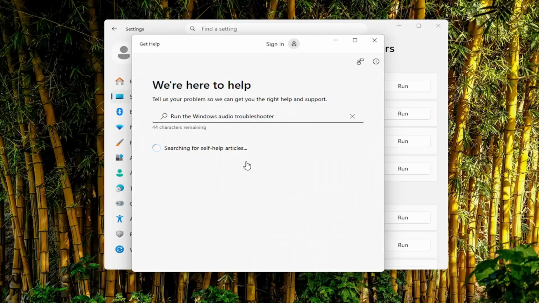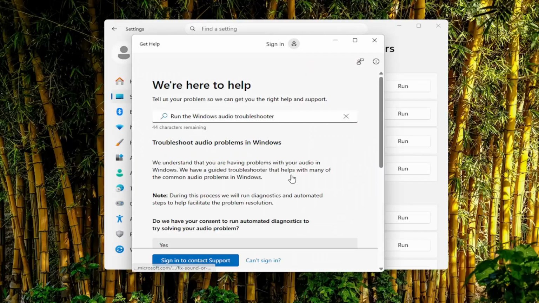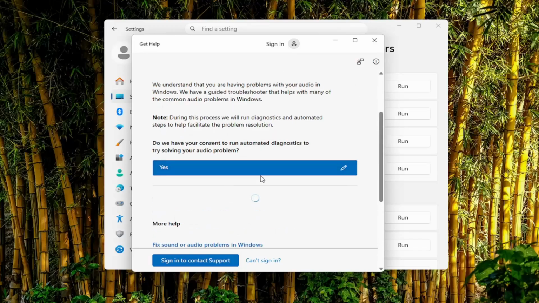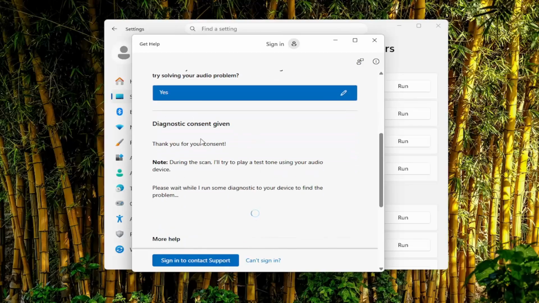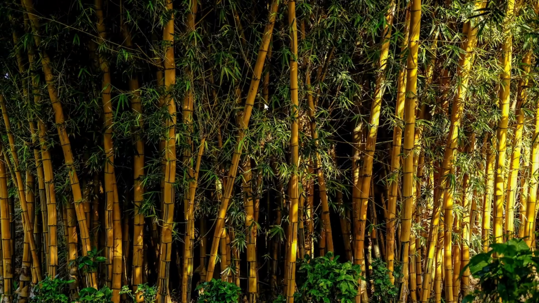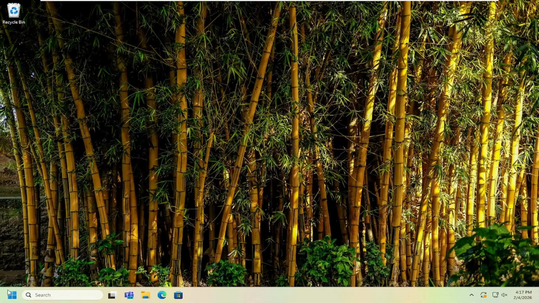And then I'd recommend following along with the on-screen prompts of what it suggests here. It should provide you an option to proceed with the troubleshooting utility, and then just customize it based on your particular issues, and it'll go ahead and test your microphone jack, and hopefully it'll resolve the problem. If not, something else you can try once you've seen that through to the end would be to open up